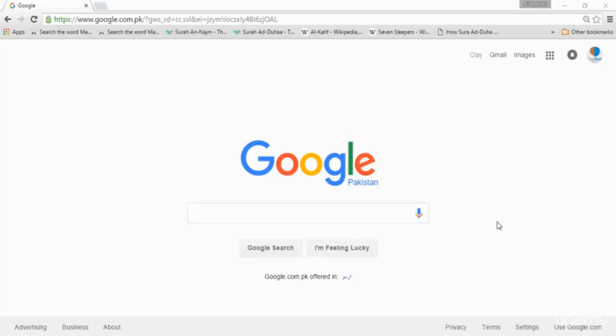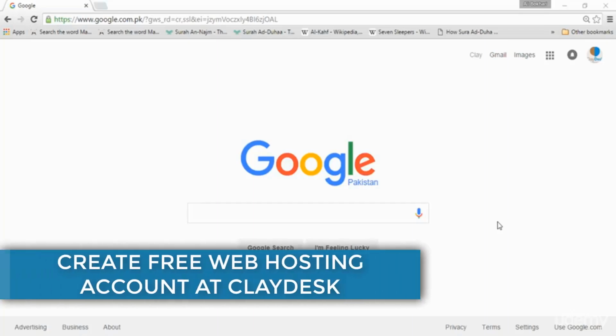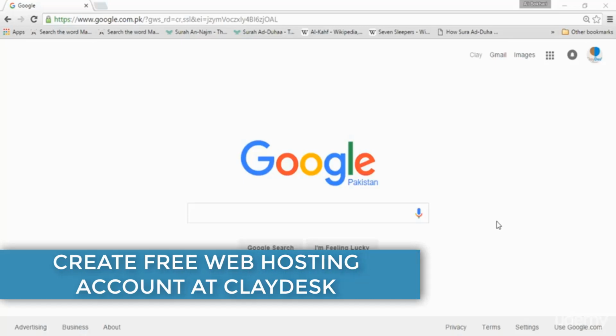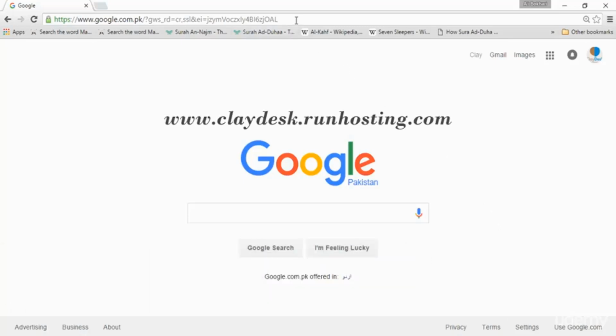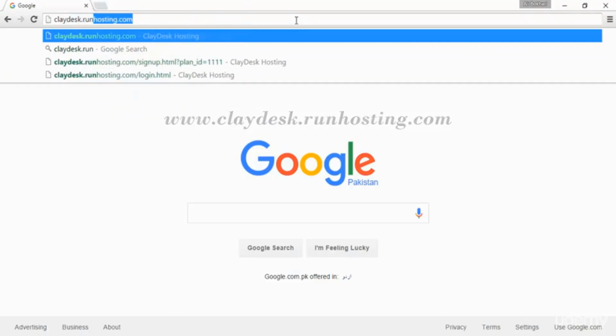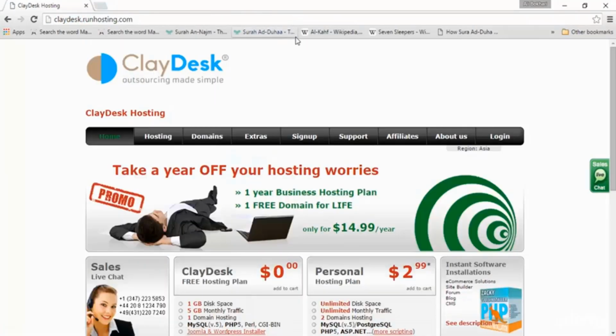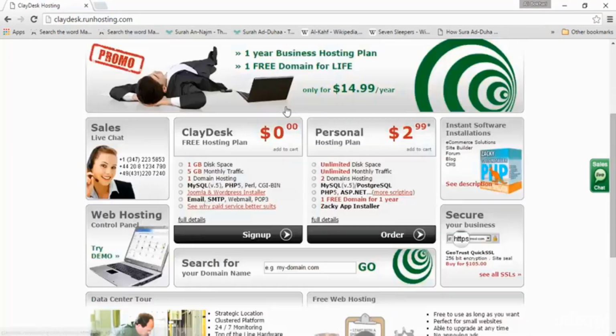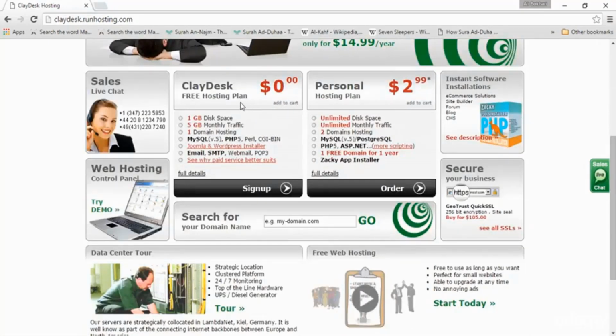So in this lesson, we will learn how to create a new free web host. So let's move forward. I would recommend you to go to claydesk.runhosting.com, and on this site you can easily make a new and free web host. So to make a free web host, you'll scroll down and choose the free hosting plan. Click sign up,